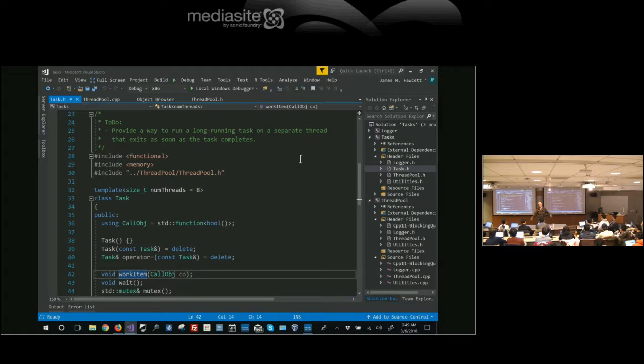Very often want to do that. For example, I might want to have a thread pool serving incoming messages, and I might have a thread pool serving outgoing messages.